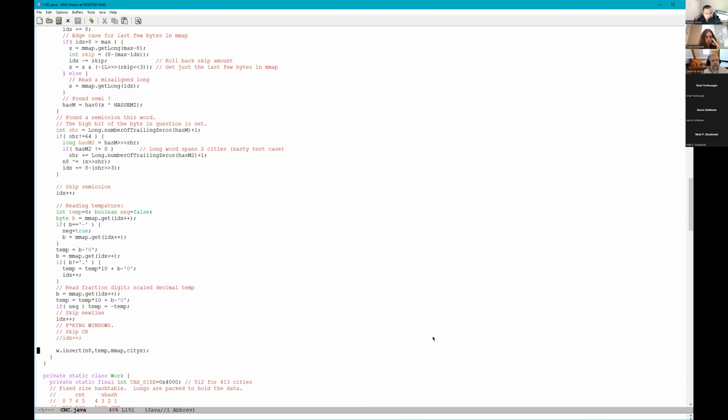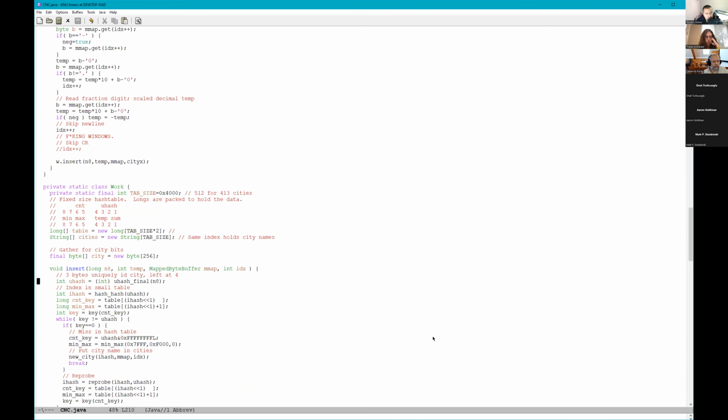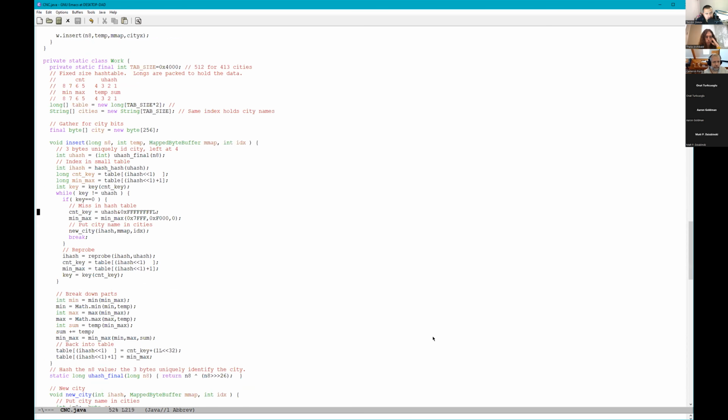That's a work.insert. We'll look at that here. Here's work. This is the accumulation place. It's blown out big because I do a private hash table so that I get better performance out of the hash table. So there's a hash table size, there's a table itself. It doesn't resize. I will probably update this to resize the table because it doesn't cost me anything, I think, in performance to have a resizable table. Anyhow,